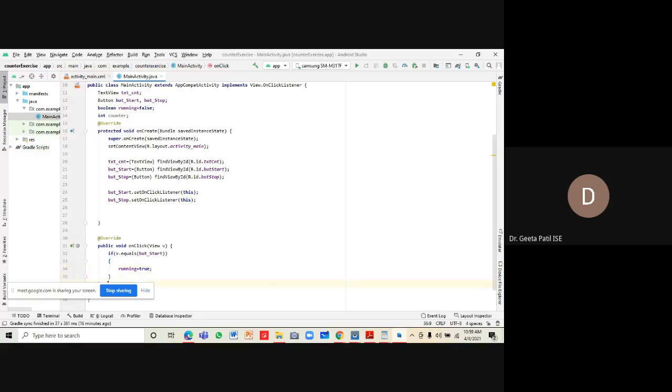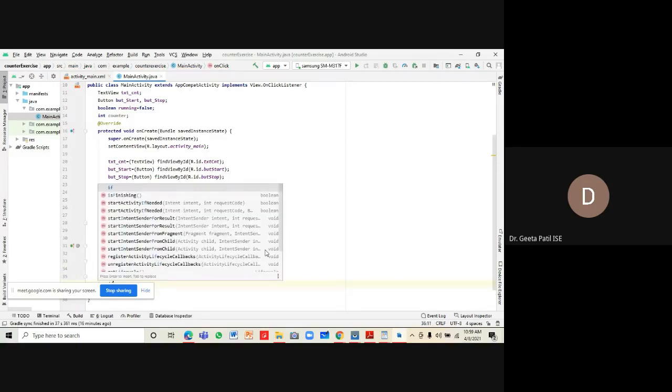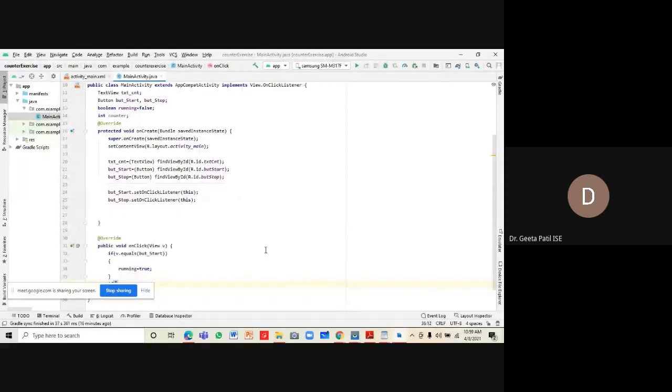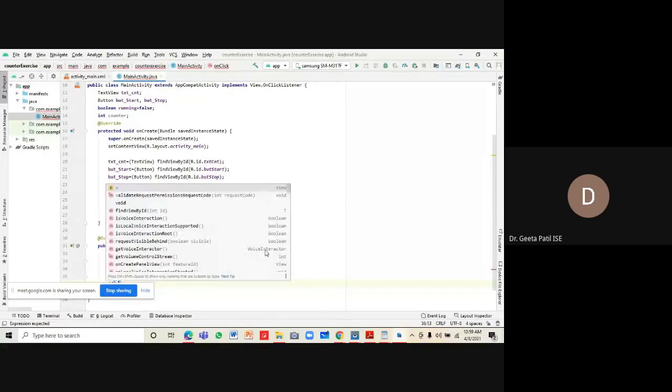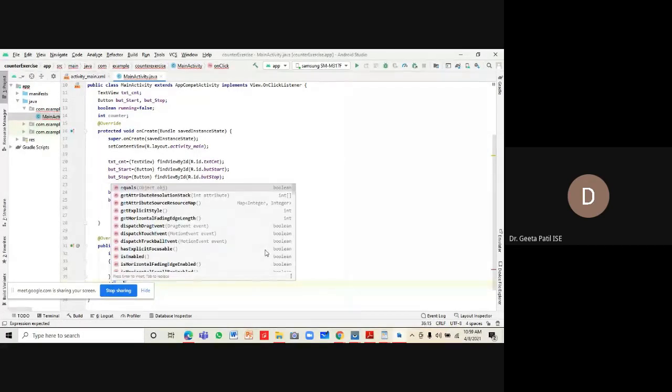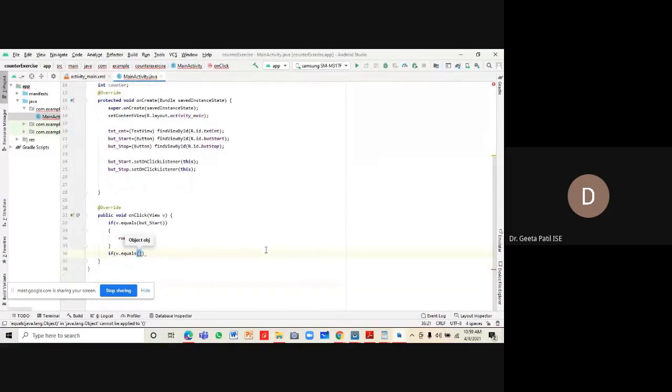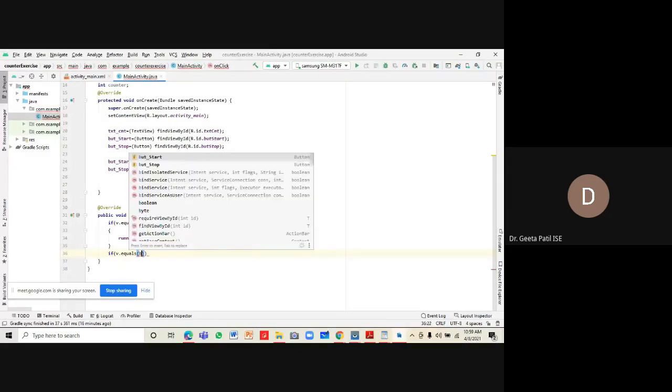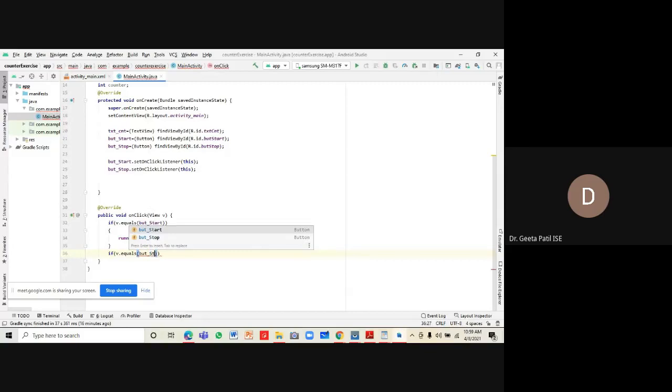And then we check if v.equals button stop, then we are making running equal to false.